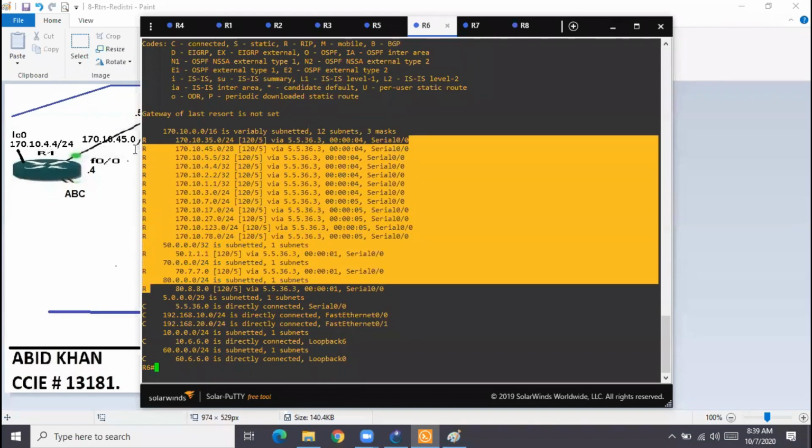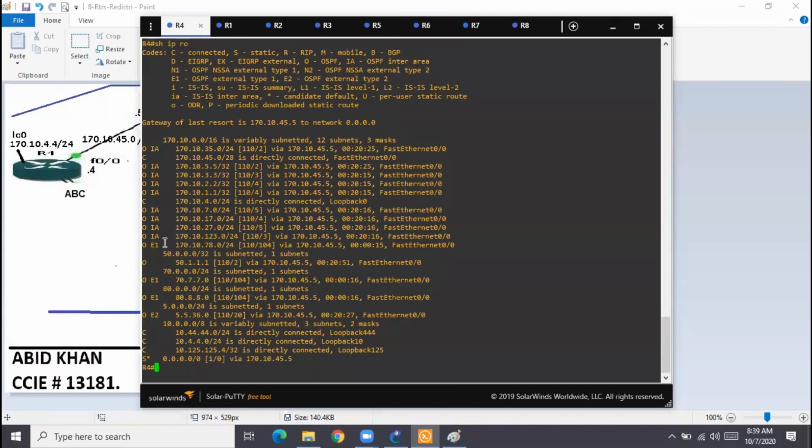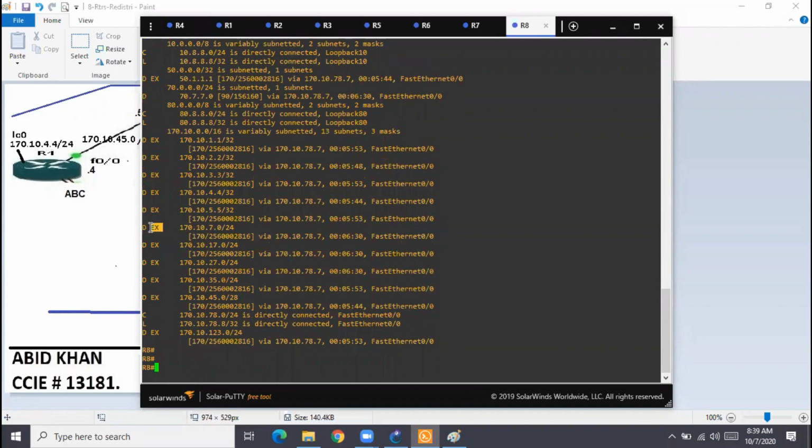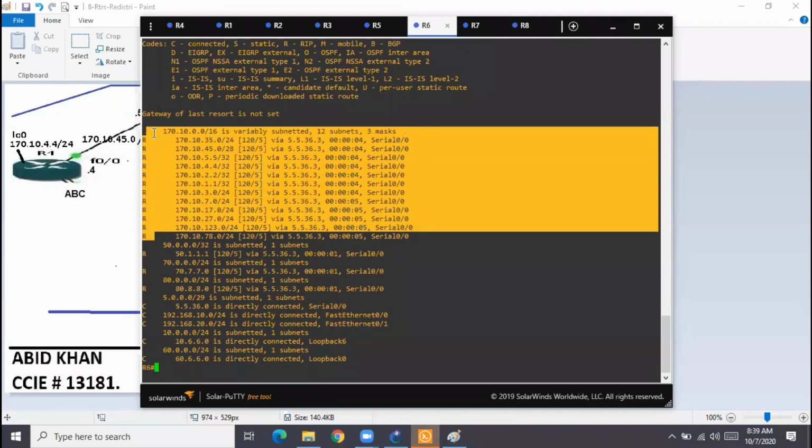So this is called what? RIP is not a clever protocol. RIP is a very simple, basic, dumb protocol. So in RIP you cannot differentiate. I cannot make out that these are all external routes. No way I can say these are external routes seeing this routing table. Seeing this routing table, we can easily make out that these are external routes, and this is an internal route. But in the RIP router's routing table, everything will be the same, tagged as R, R, R, R.